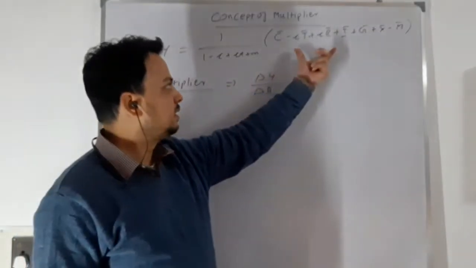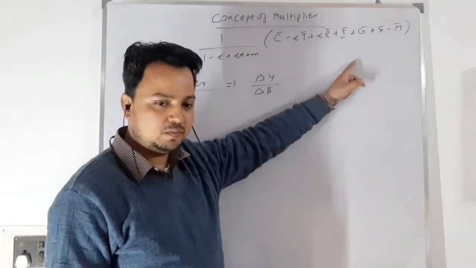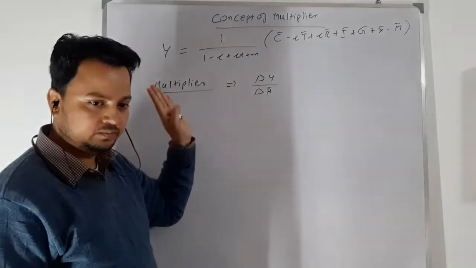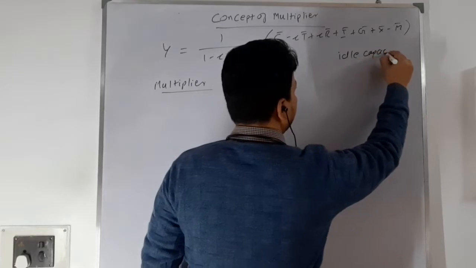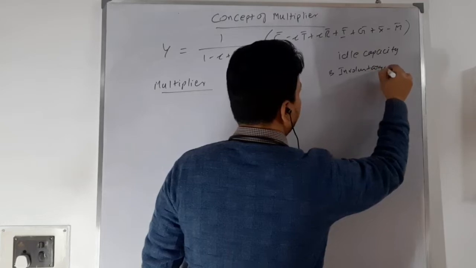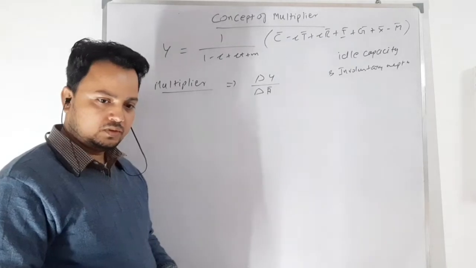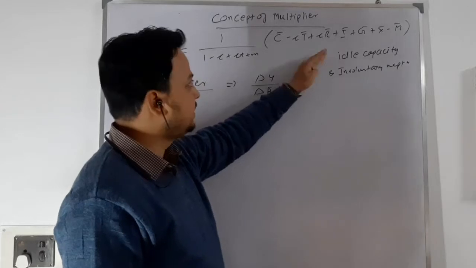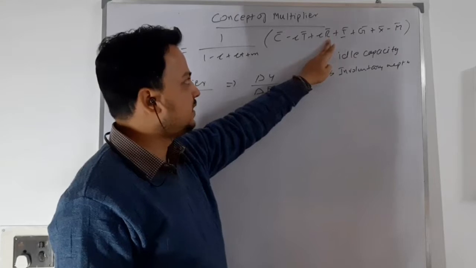So it is aggregate demand that is determining my output. Whenever any autonomous component of aggregate demand changes, your income will change. Output is demand determined in the Keynesian model. Why? Because you have idle capacity and you have involuntary unemployment. So this is what we have done. Now, the autonomous component of aggregate demand can change either due to change in investment, government expenditure, taxes, transfer,